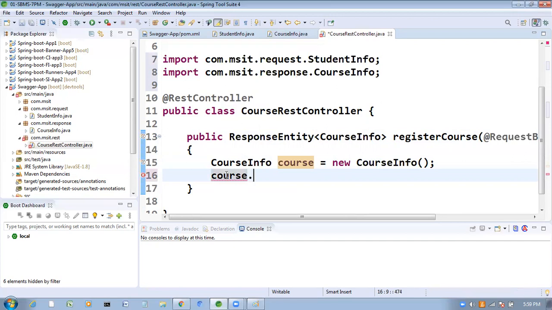course.setName. How will you get this name? From the request you will get the name only. The request means what?